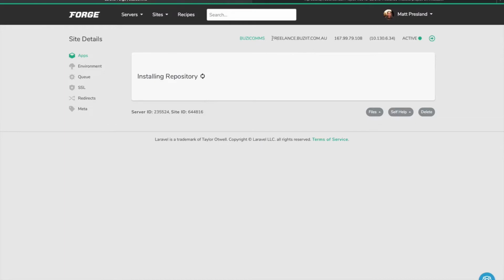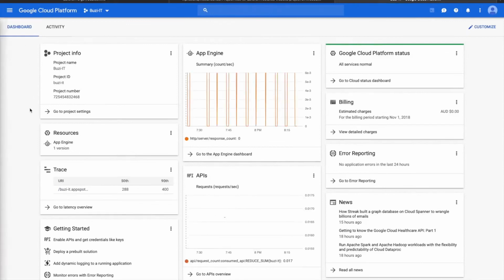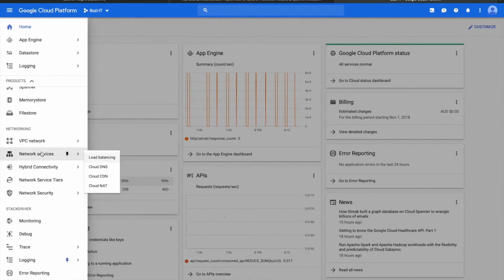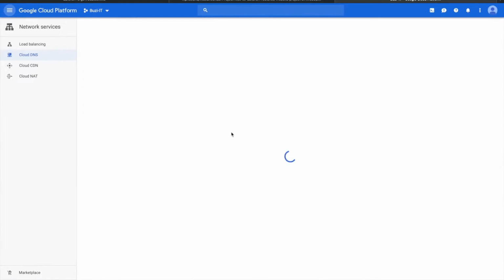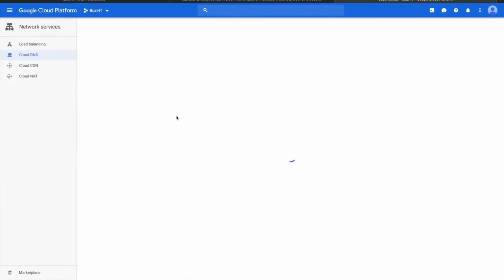point this subdomain, so freelance.busyit.com.au, to this address, and I've also got to set it up in DigitalOcean. So I use Google's cloud services for a couple of other projects, and I've actually got my website set up to use Cloud DNS through here. So let me find this quickly. Yours may be different if you're using a domain host or whatever for DNS, but let's go in here and create